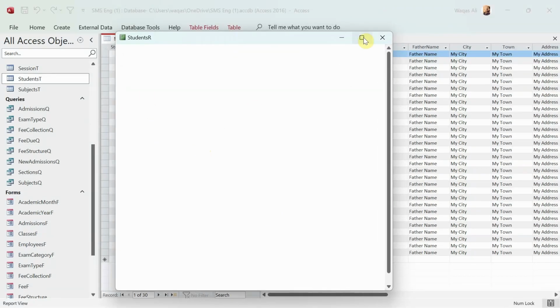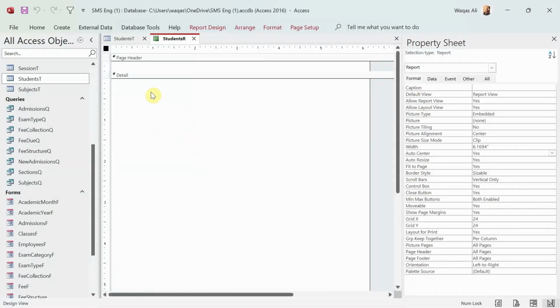All right. So I need to get rid of this minimize and maximize button. I'll only want this close button. Also want to change the caption as well. So let's go ahead and do that. So we'll change the caption first. So we'll have the information like caption like